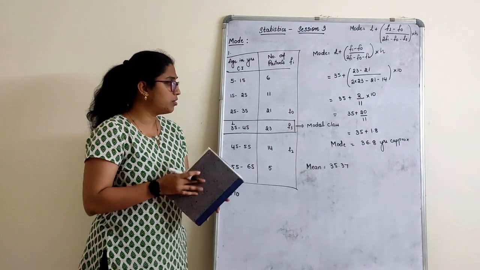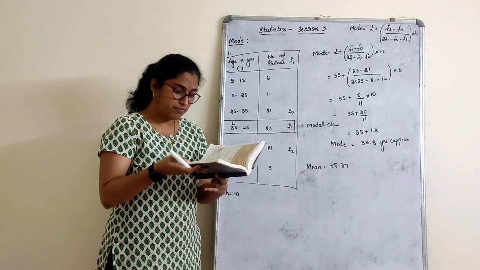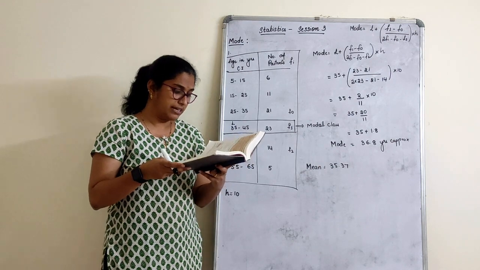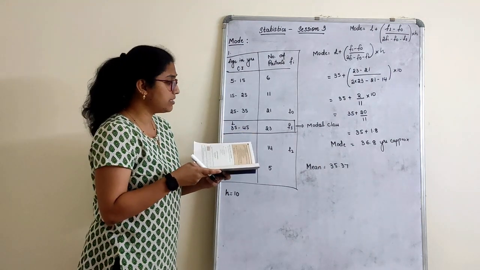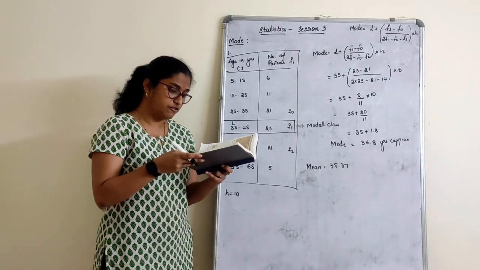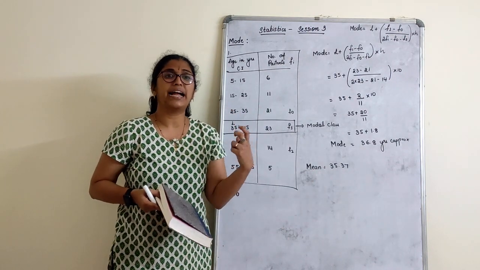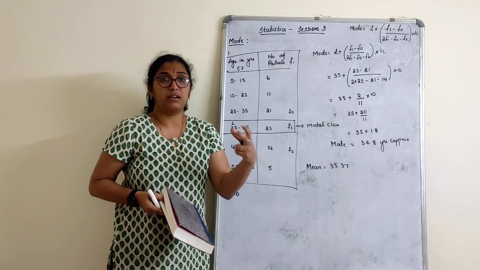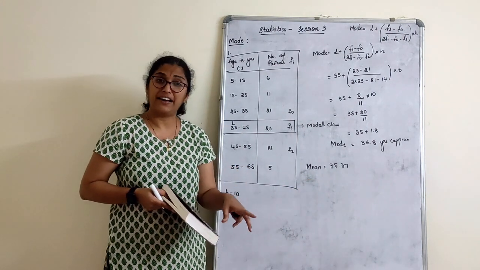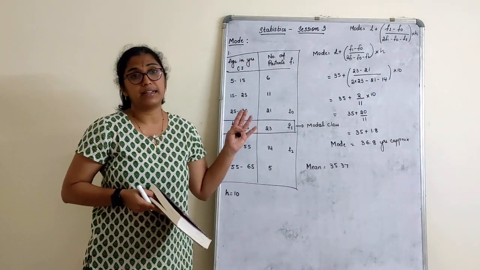Interpreting the data, the mode is the maximum number of patients admitted in the hospital at the age of 36 point this, and the average age of patients admitted at the hospital is this. Just write what mode stands for. Maximum number, mode number. Mean stands for what? Average. That's all you have to interpret and write.